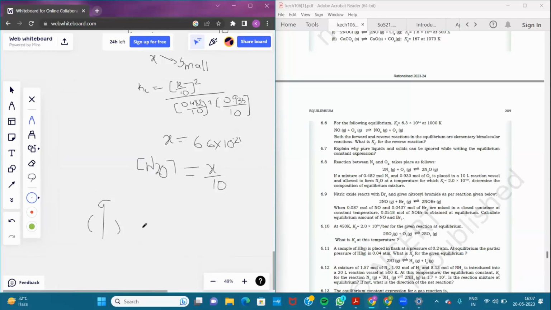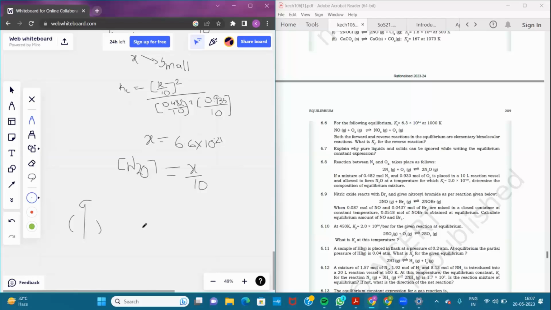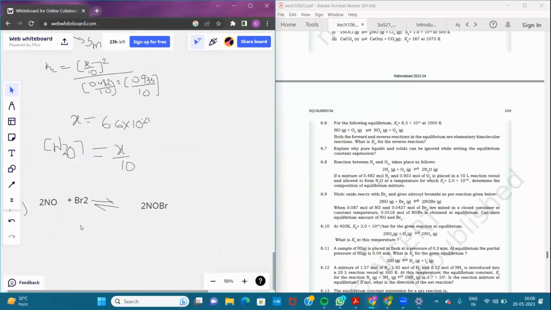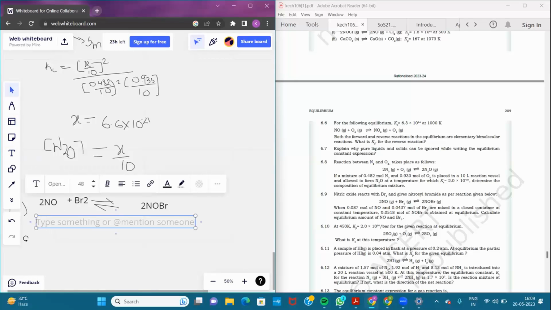Nitric oxide reacts with Br2 and gives nitrosyl bromide as per the reaction given below. And 0.087 moles of NO and 0.0437 moles of Br2 are mixed in a closed container at constant temperature. 0.0518 moles of NOBr is obtained at equilibrium. Calculate the equilibrium amount of NO and Br2. So initial values of NO and Br2 were given. NO plus Br2 gives rise to 2 NOBr. They were mixed. Here, NO value is 0.087 initially,